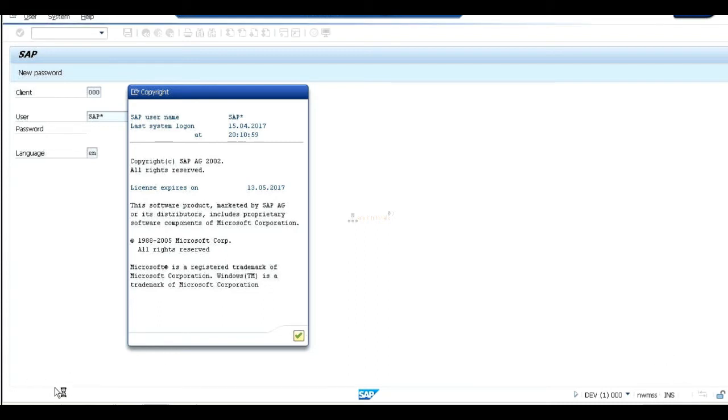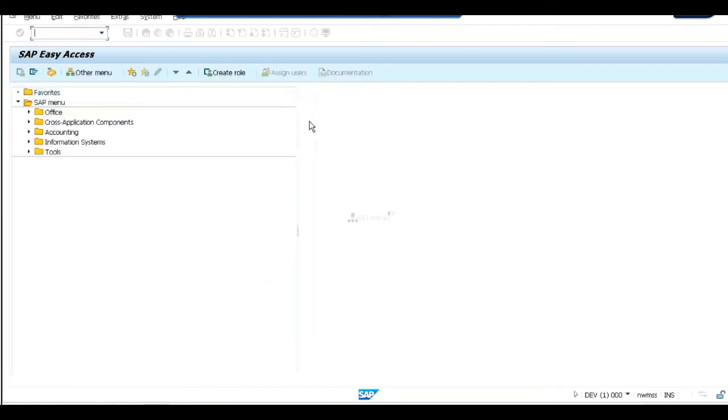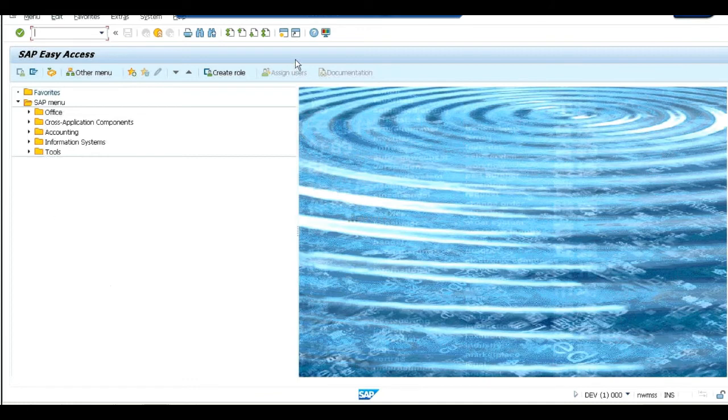See here, compiling is coming, right? Every screen in the back end has a programming, right? So this is my session, I have logged in.